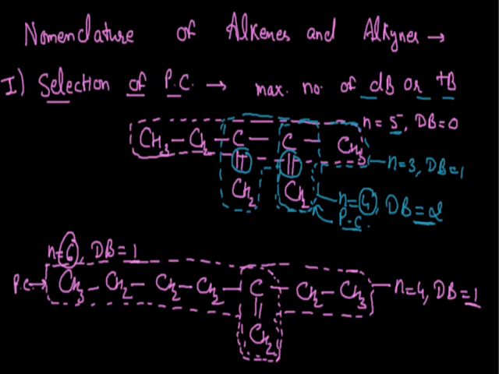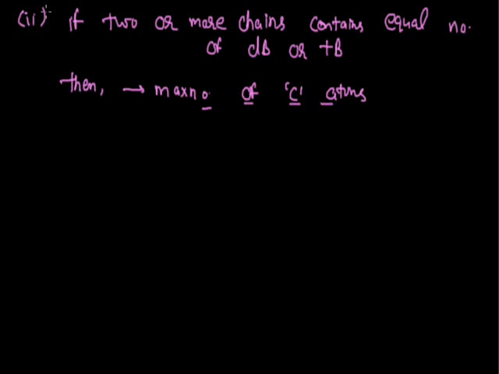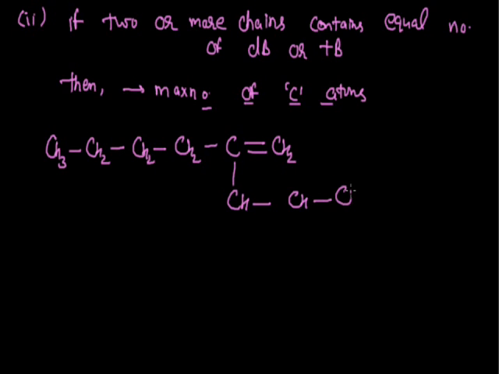Now if we take a tougher one, sometimes the selection of the parent chain becomes more difficult. For example, if the structure of the organic compound is given as CH3CH2 connected with a CH2 group. Now two branches are also attached with this. To satisfy the valency of this carbon atom, we will add a bromine as the branch.